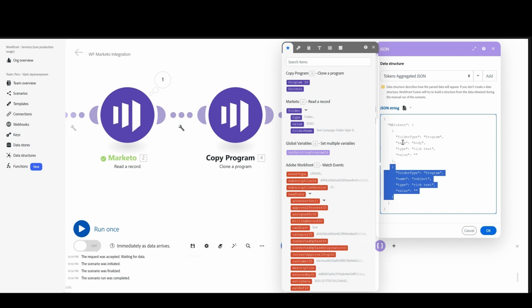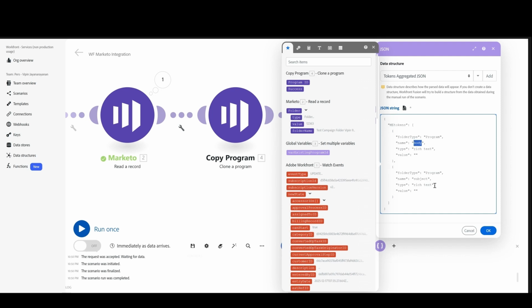So this first item should have the placeholder for subject. The second one should, sorry, this is the placeholder for body. So this is a token called body and this is the token called subject. So we need to formulate this particular aggregated JSON data structure and then we'll be splitting it in the